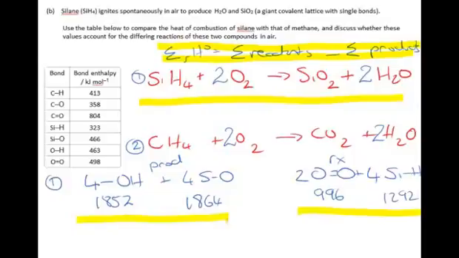Now in this case, the only thing that's going to be really tricky in many respects is the actual structure of silicon dioxide, the giant covalent lattice, because it's tempting just to write it as two single bonds to an oxygen. But if you recall, it's a little bit like any other giant covalent network, or perhaps more like diamond. Each silicon is bonded to four other